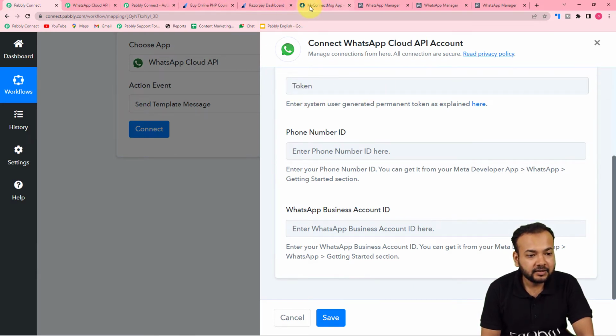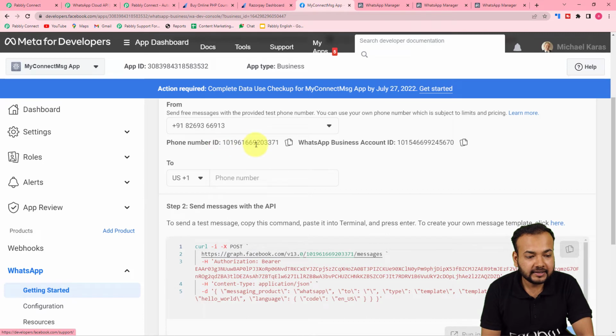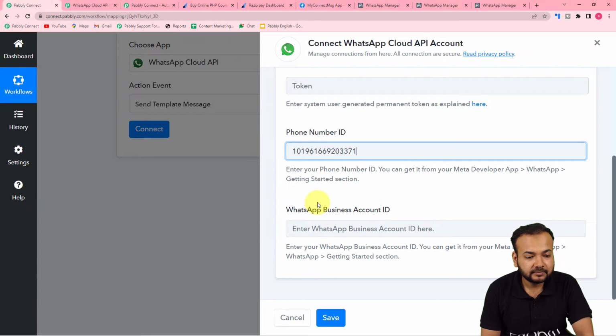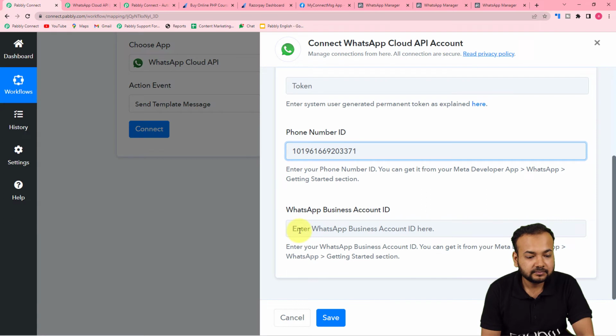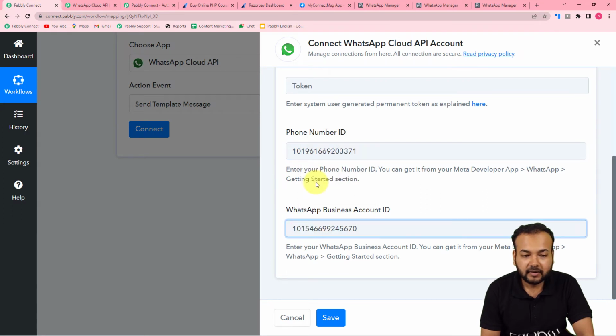Then after that, you will find the phone number ID here like this. You can just copy it and paste it here. And similarly, you will find the business account ID here. You can copy that and paste it here, right? And after filling these things, you just have to click on save and you will be connected with the